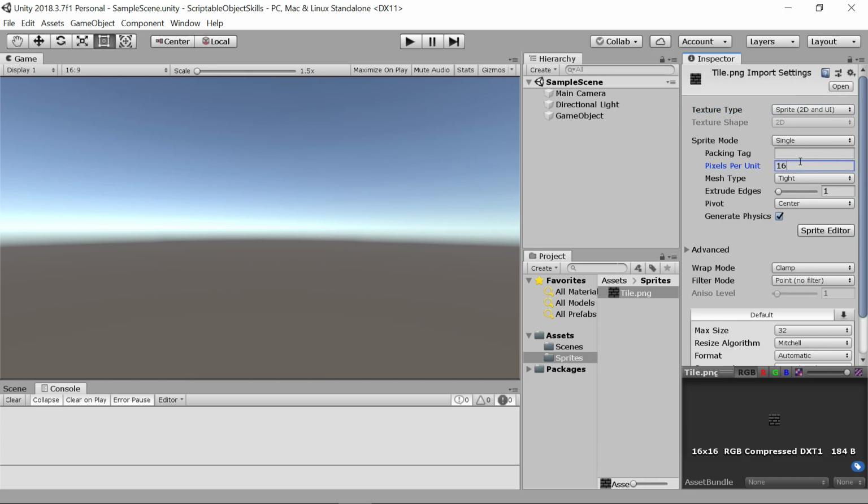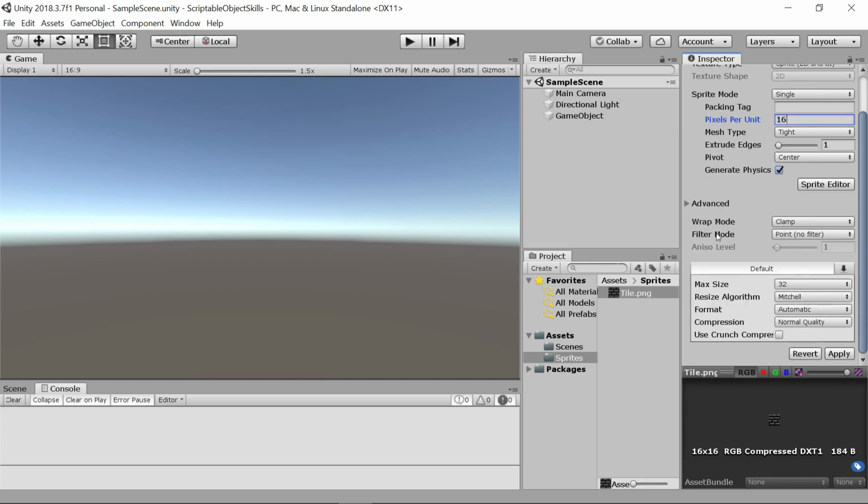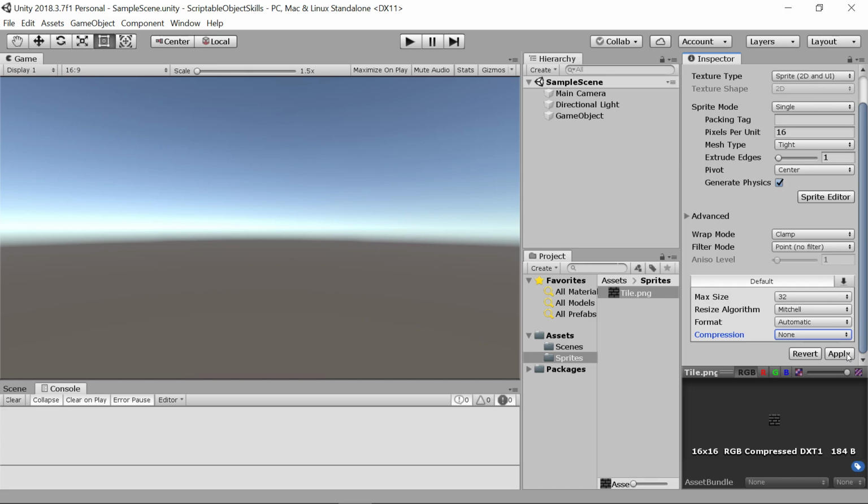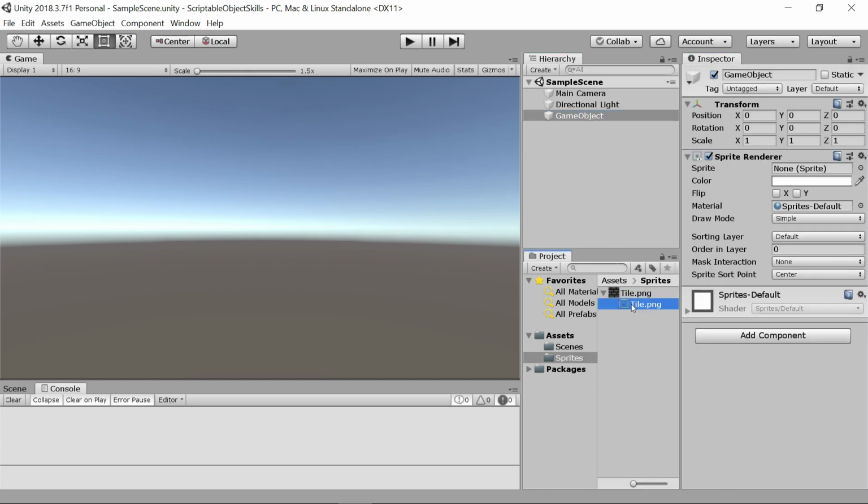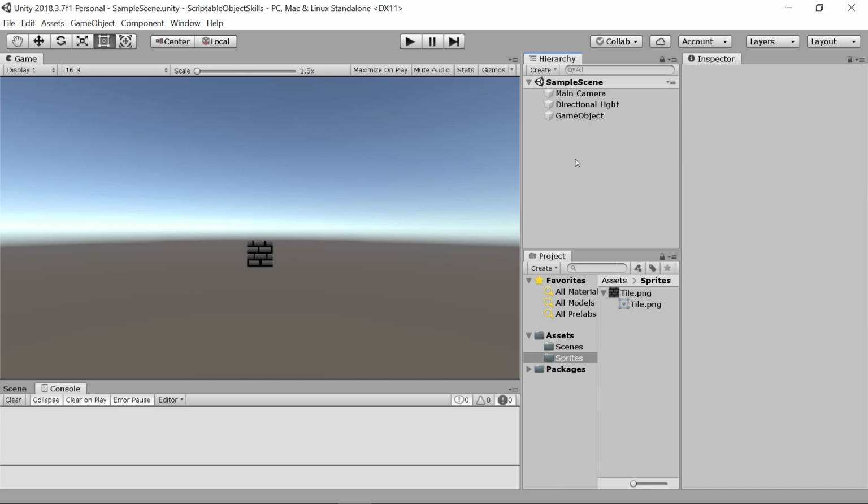Normally this is static. That's what it is. And compression, I'll do it. Apply. Now we can go ahead and give that to our player. Simple. Okay, so there's a little player. We'll go ahead and put him there. And we said we wanted to create a fireball. So what we'll do